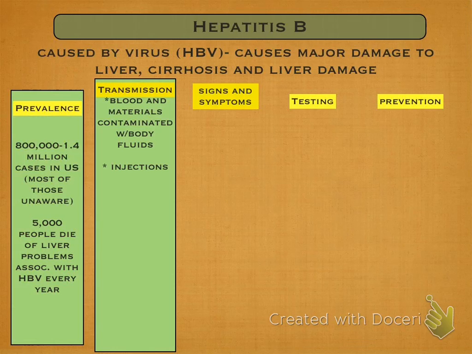Injections. If you're a drug user and you share needles and one person is infected, lots and lots of drug users have hepatitis B and C because they share needles. Most drug users don't work and they don't have any money, so they share needles. It's really rampant among drug users. Any mucous membranes, which we just talked about. Any sexual activity, which we talked about. And mothers to babies. It is much easier for a mother to pass hepatitis, whichever kind they have, to the baby at birth than it is HIV.